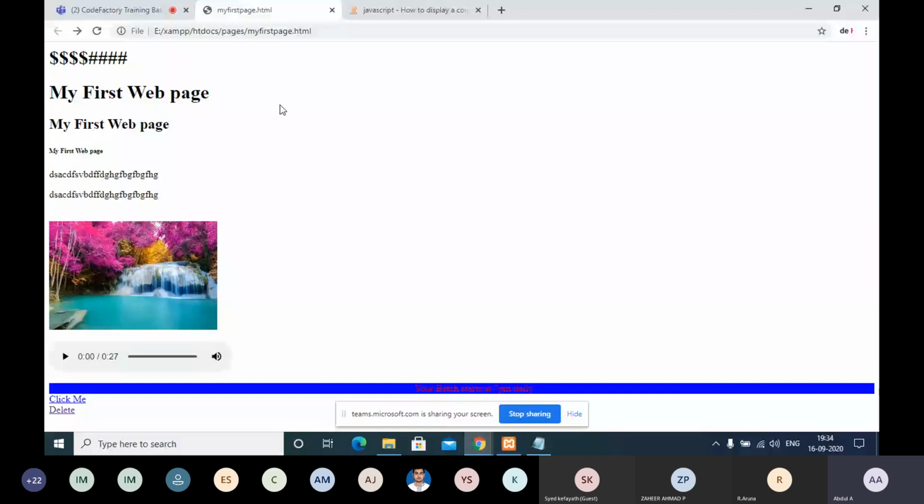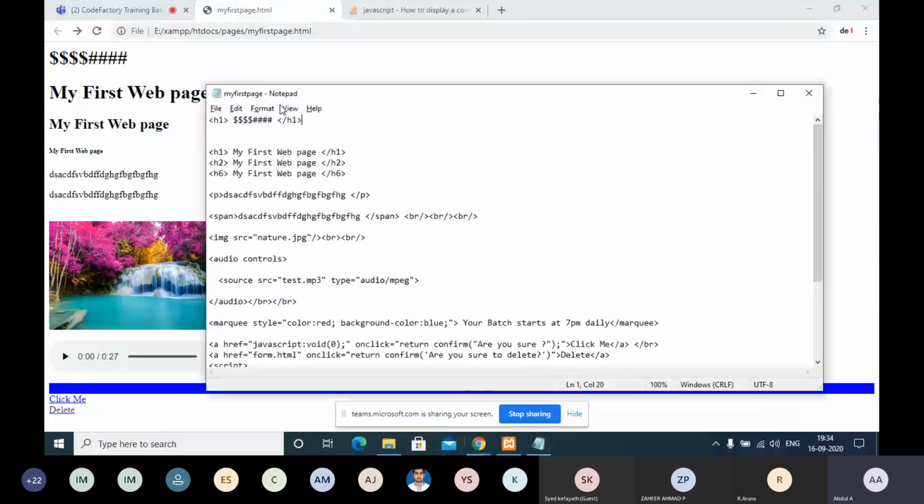You can't directly enter some special characters. So those kinds of entities can be called using HTML entities. That is the importance of this HTML entity function.